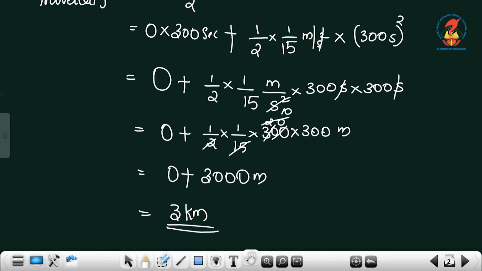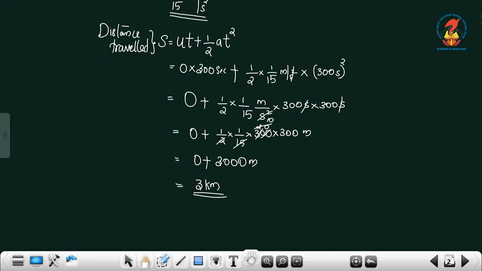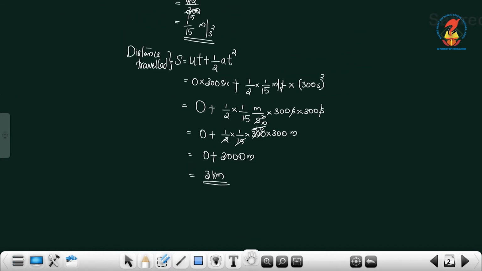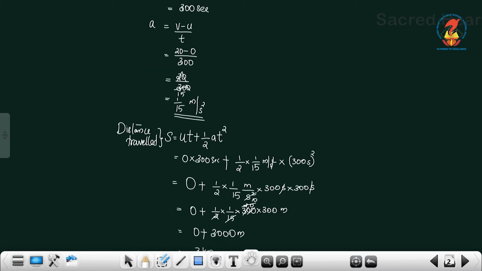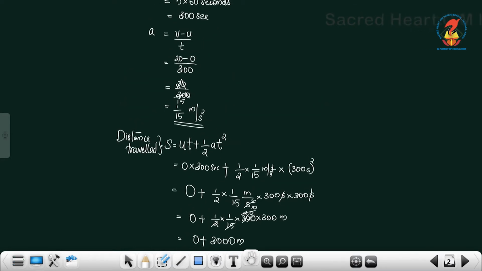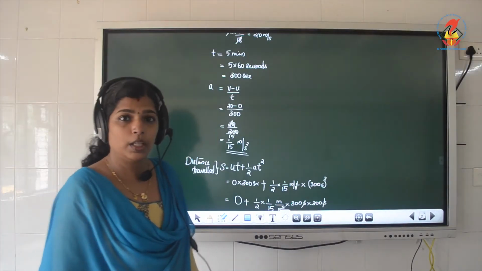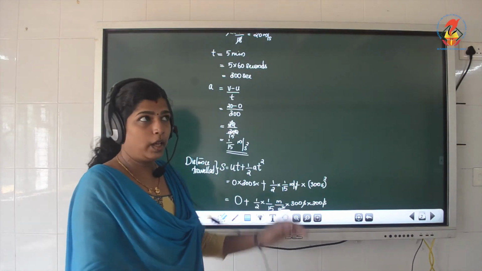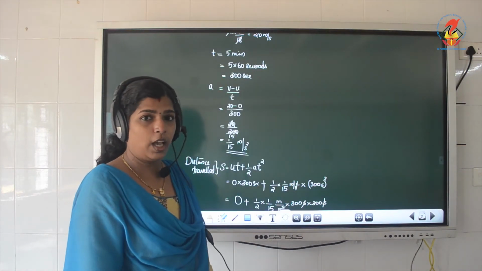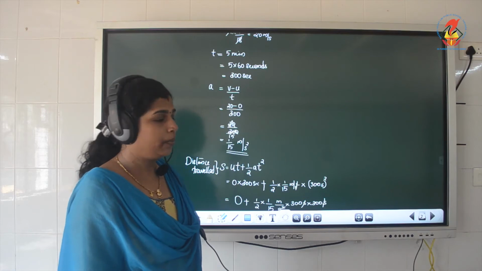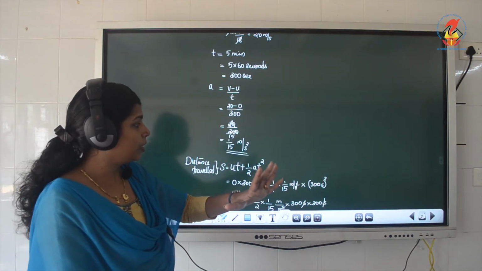So, how did we do it? When you look, all these equal signs are in the same line. So in your notebook also you have to do it in the same way. All the equal signs should be at the same level.